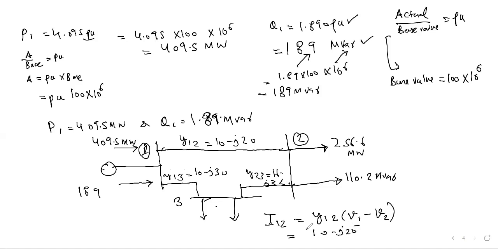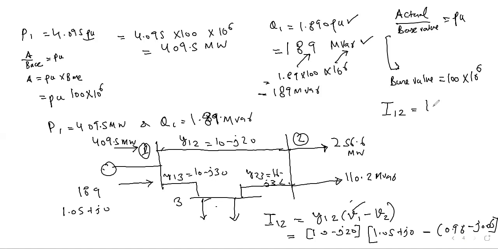And what is V1 minus V2? The V1 value I was given at the bus, that was 1.05 plus J0. V2 we calculated, right? We calculated it in the next slide. If you see, we calculated this value as 0.98 minus J0.06. So we have the value of I12 to be equal to, if we put in the calculator, 1.9 minus J